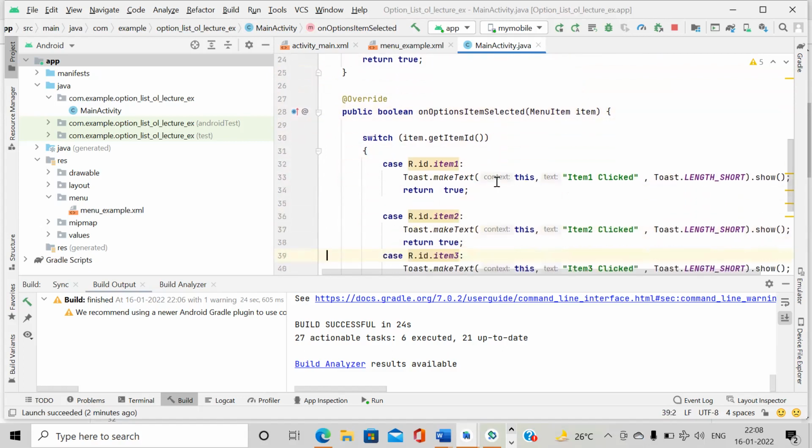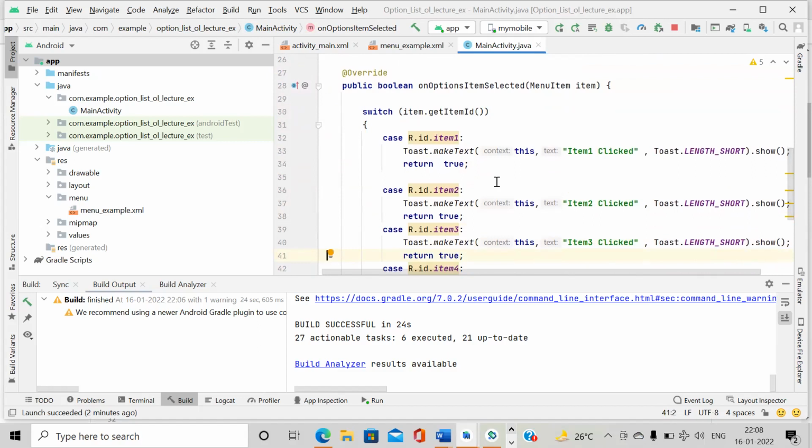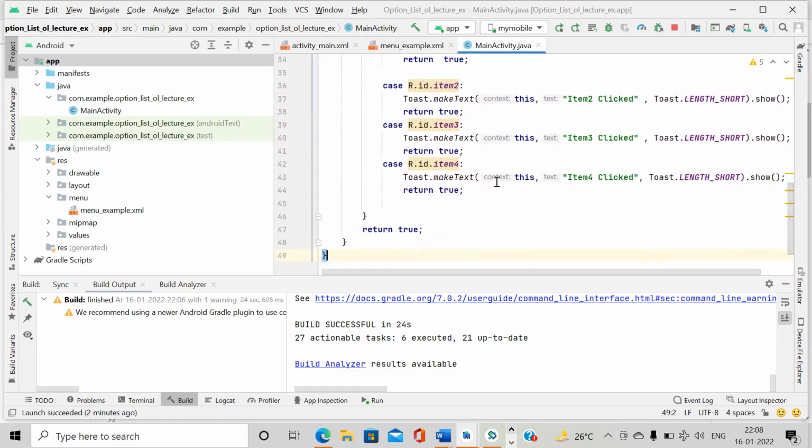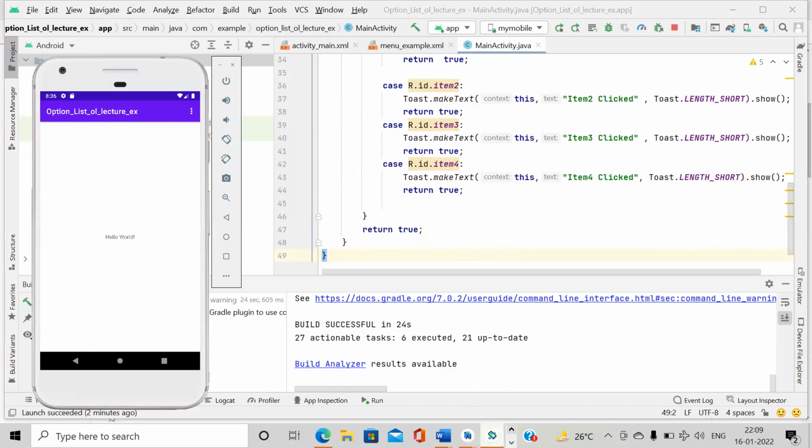In that we use the switch case to find the action to perform when the user clicks on a particular menu. So here we have seen the option menu practically, and we see the output also.